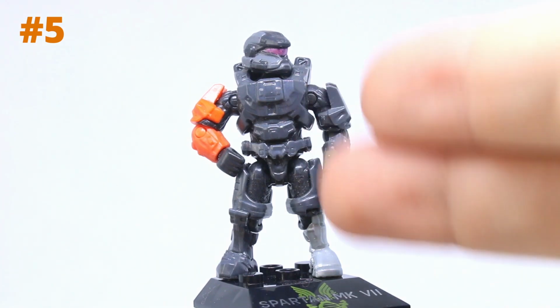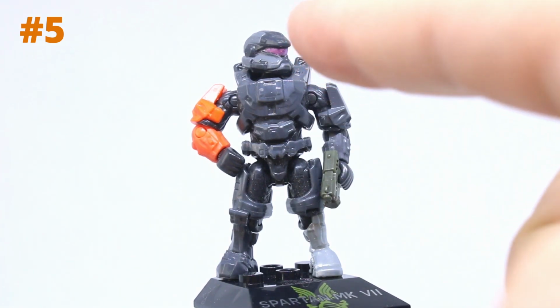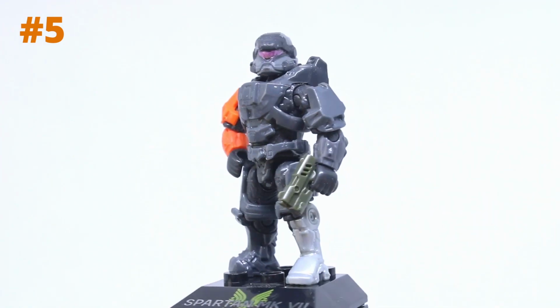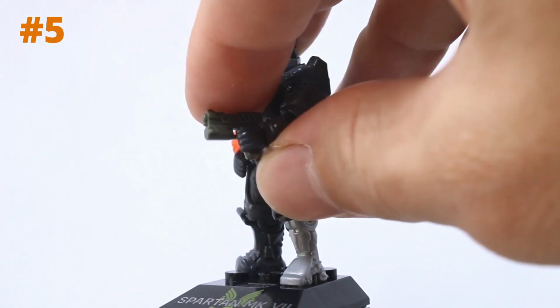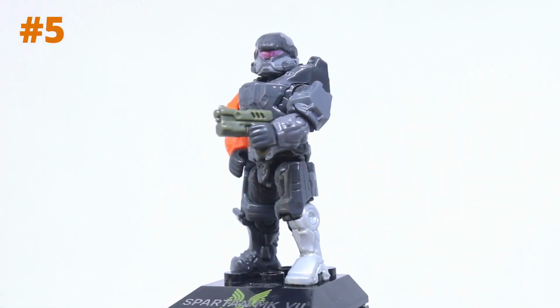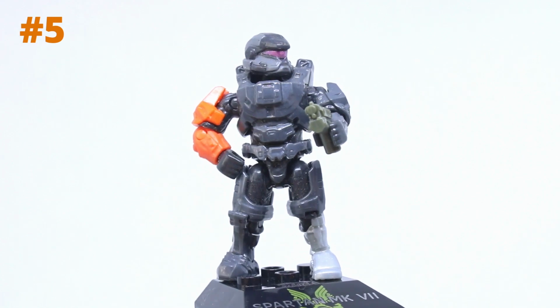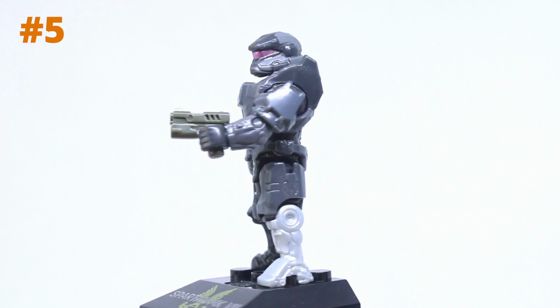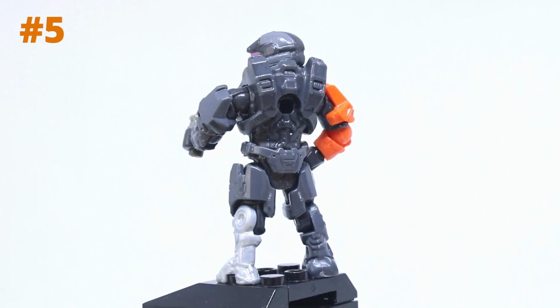The gray, the low contrast with the undersuit, the way that the head is printed up, the purple visor, the orange arm, it's just so good. And we've got one of the new sidekicks, which is super cool. And then on top of that, look at that robotic leg. That is also really slick and makes this Spartan kind of extra unique, because it adds not only a little